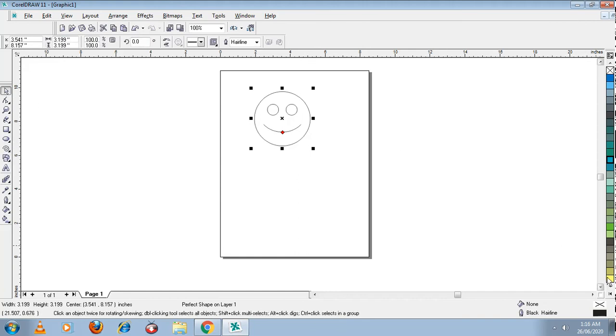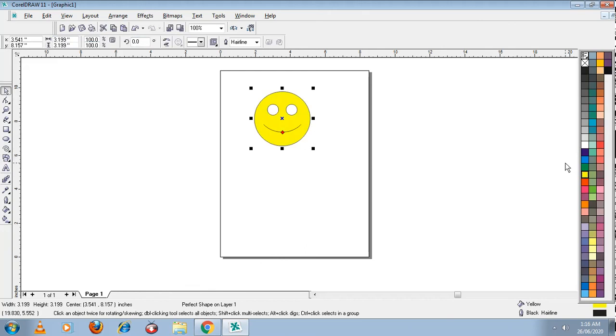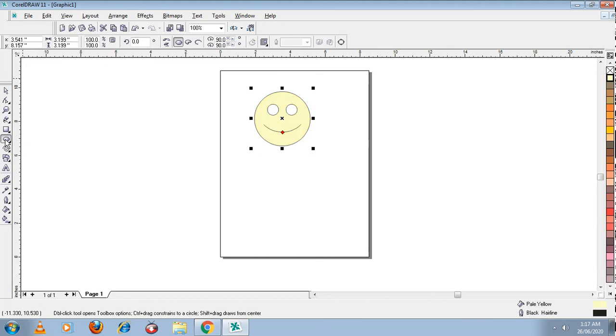Okay, and let me give color to it by pressing spacebar. I'm selecting arrow tool. That object is also getting selected. I'm here selecting yellow color for it. Fine. Yellow color you want, or else pale yellow. Okay, I'm selecting pale yellow color. Fine. After this, I'm drawing one more circle below the shape. Okay, selecting ellipse tool to get the circle. You want a circle or ellipse?